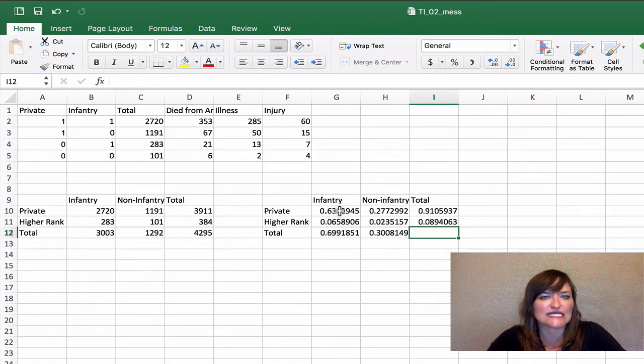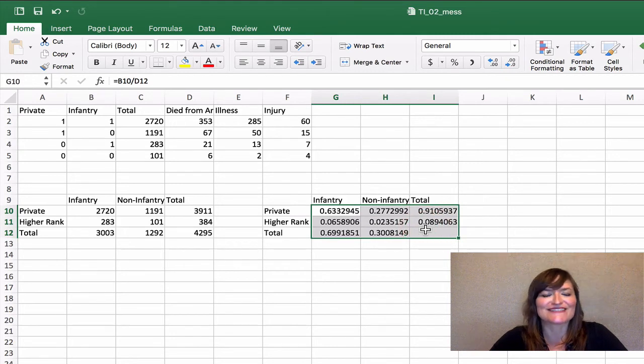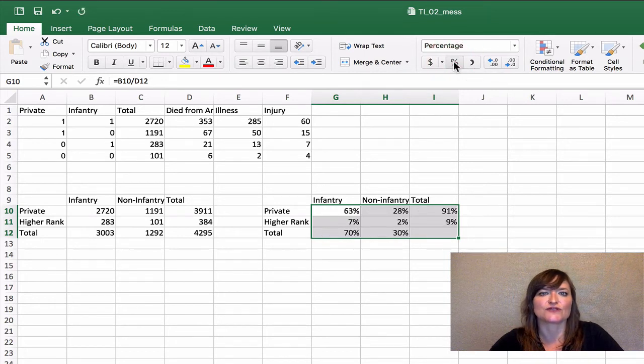Excel's returned this initially as a decimal. That's all right. Excel understands that decimals and percents are the same thing, just written either as a fraction of 1 or a fraction of 100. So we're going to highlight all of those and just change the formatting. We're going to use that percent hot button to change those to percentages. It took away all the decimal places. APA style likes to have 2, so let's add back 2 decimal places.